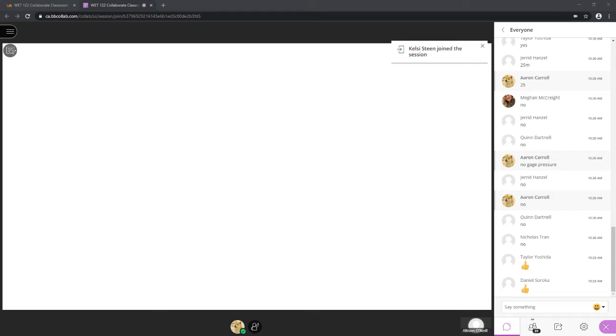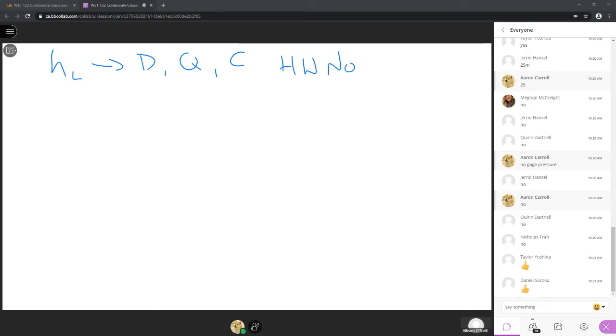Okay, so our major head losses are going to be a function of our pipe diameter, our flow rate, and our coefficient of roughness, and we're going to need the Hazen-Williams nomograph. So in this case, we've got an 8-inch pipe. Our flow rate, I can't remember what it was. What did I say? It was 1.1